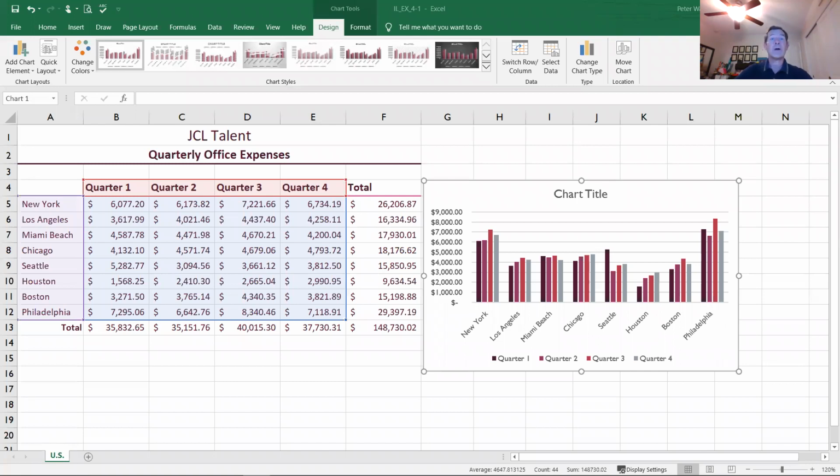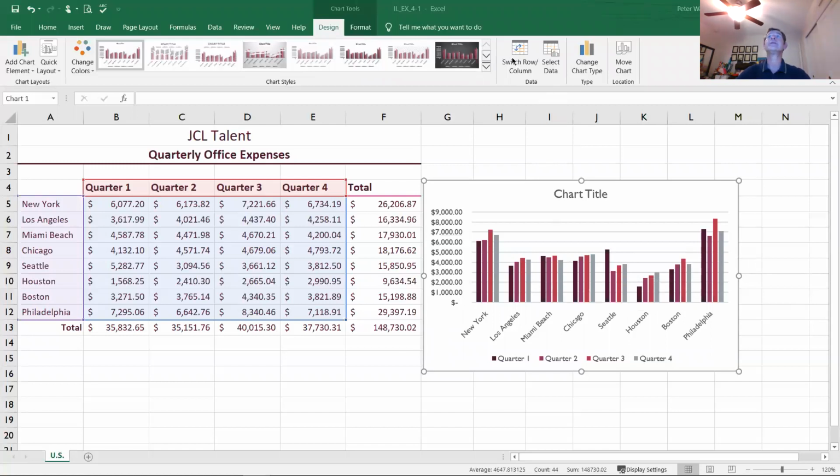So what I was saying is that here, if I want the user to be able to very quickly see what's going on with each city, then this is how I would create the chart with the 4 quarters. So now I can compare quarter 1, 2, 3, 4 for New York City, and I can compare them to each other. It's more difficult here to compare, you know, the 3rd quarter of New York with the 3rd quarter of Philadelphia or Chicago or Miami Beach, right? That's a little bit more